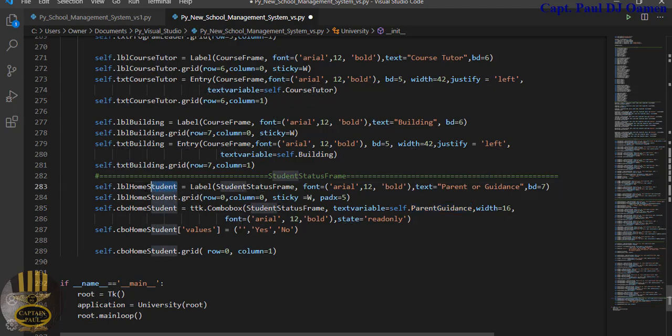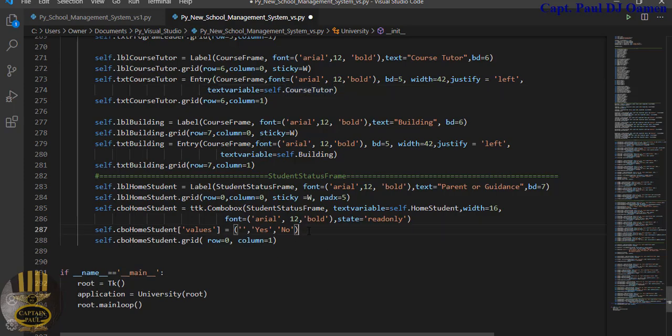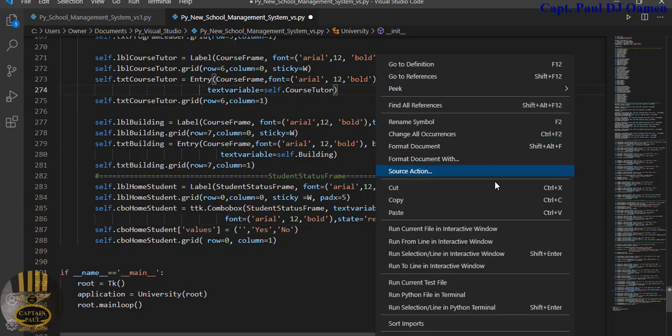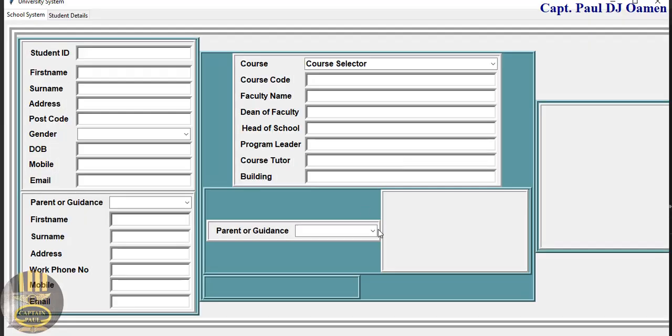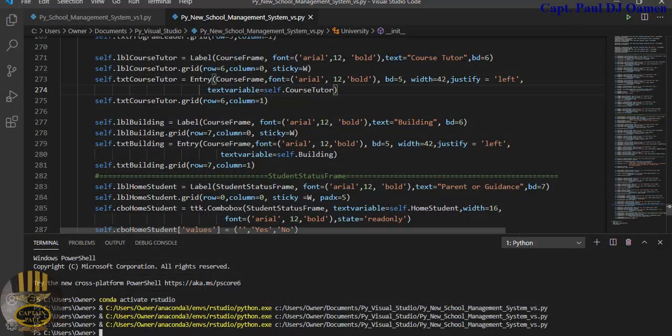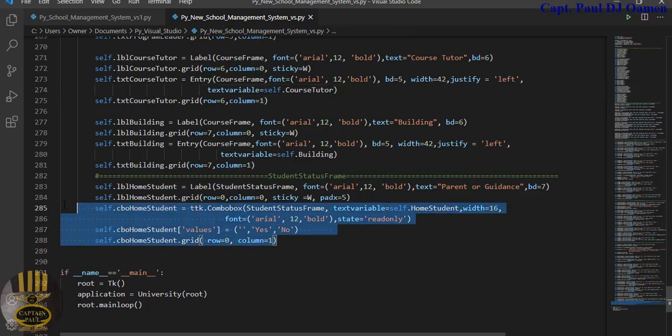So grab this, paste it right here, self.home student. Okay, that's one other important thing you guys should make sure you don't get that wrong. All right, move this up. Okay, right click, where is it? Run. There we go. I just have my very first one there. So all I then need to do is just copy and paste for the others. So copy,